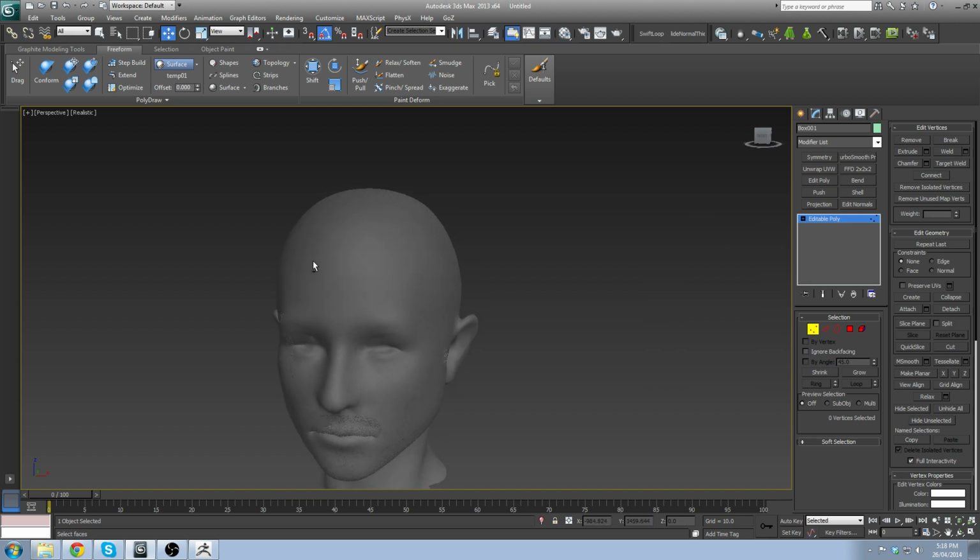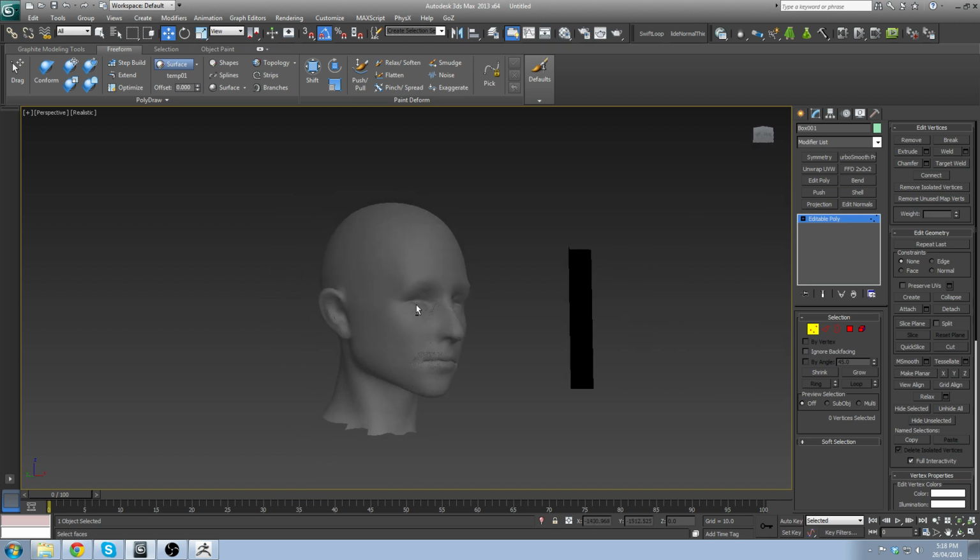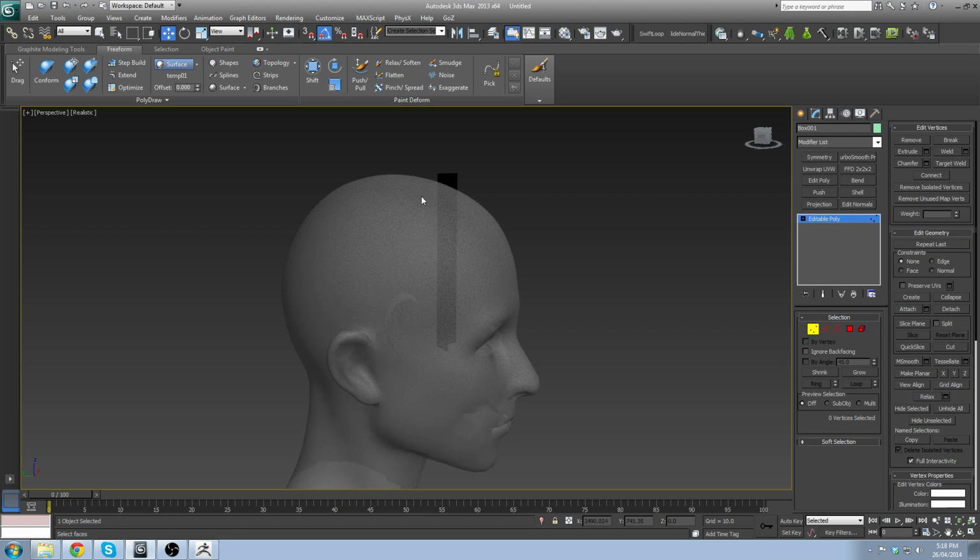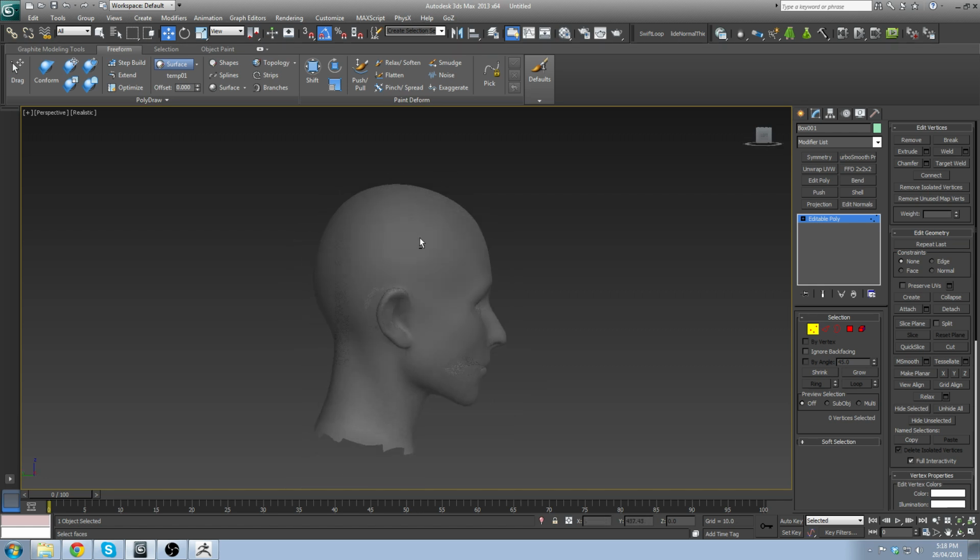So it's gonna frame the head, and maybe some other hairs on the side that are gonna go a little bit in front of the ears and a little bit behind the